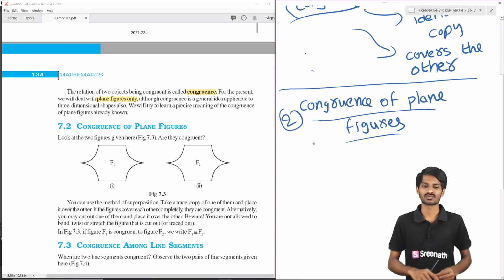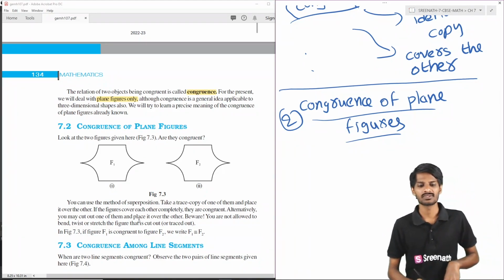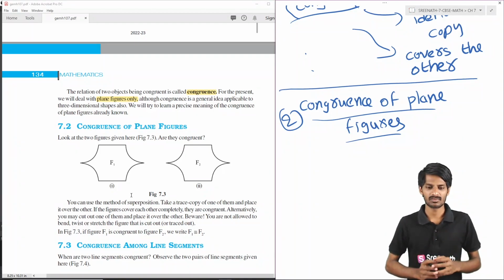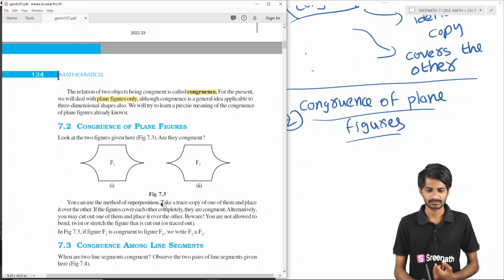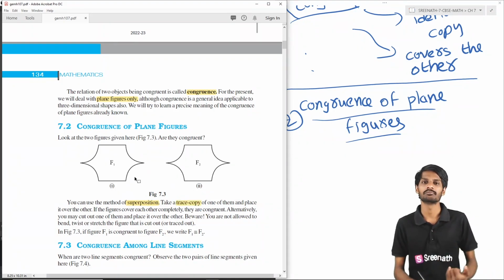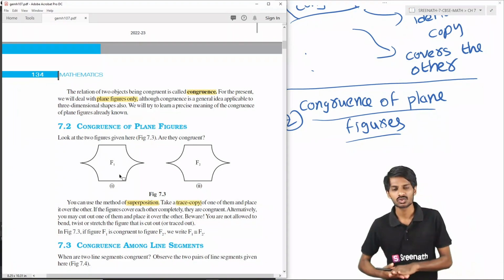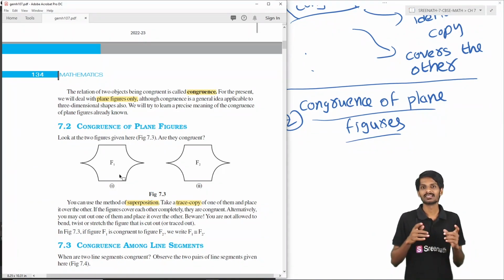Congruence of plane figures, students. Here in the picture there are two figures, and both figures look the same. So what we have to do is use the method of superposition, or you can take a trace copy of one of them and place it on the other. If it covers it all, and it has the same size and same shape, then both figures